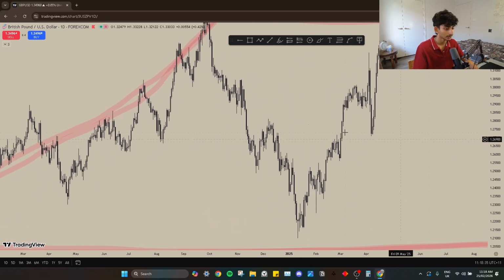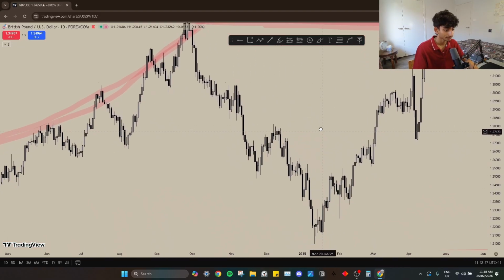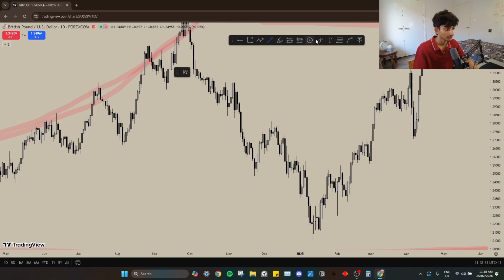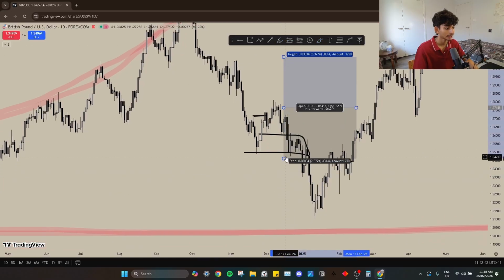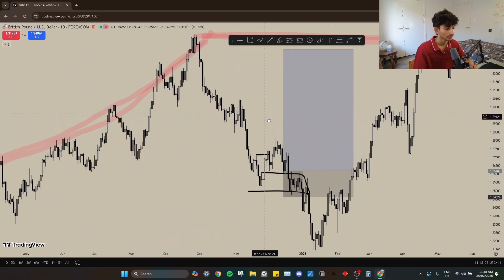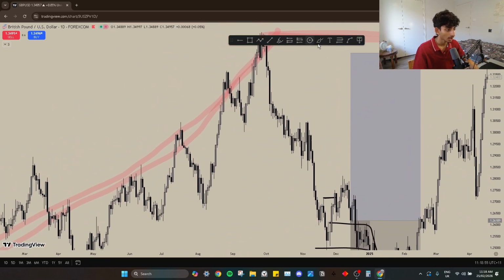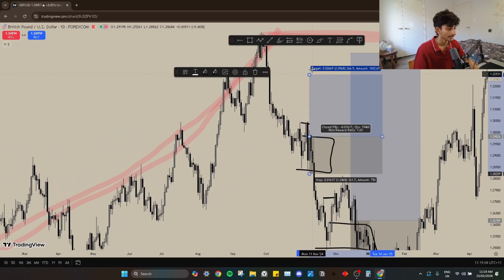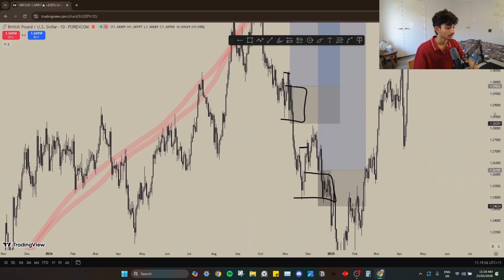Let's say we look into charts, okay? They see a change of character right over here, like this, boom. And then they're like, okay, change of character, demand zone, I'm gonna go long, like this. And then they get stopped out, and then they wonder why they got stopped out. Okay, or like over here, they would be like, okay, price came down, boom, a change of character. Okay, this is my demand zone. I'm gonna go long, and then they get stopped out, and then they get really confused why they're getting stopped out.